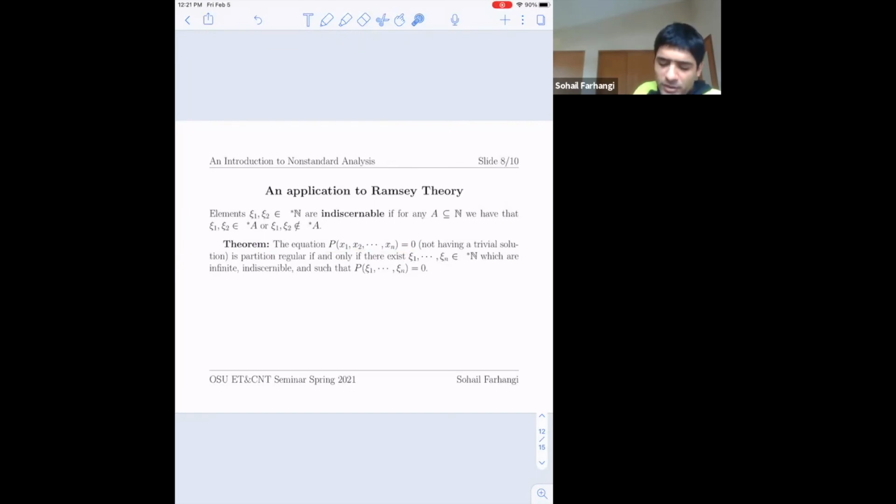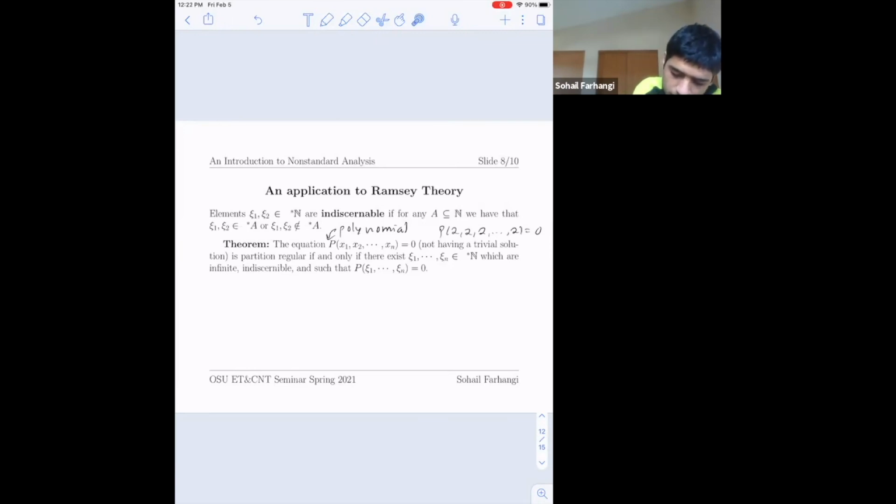It probably applies to other types of equations, but just for safety and simplicity, if you have a polynomial equation and it doesn't have a trivial solution, which is a single element solution, because if you could plug in one number and get a solution, then any cell of a partition will contain that number. So it's partition regular for trivial reasons. If we ignore that,